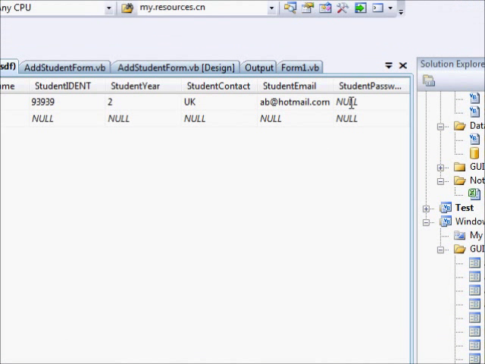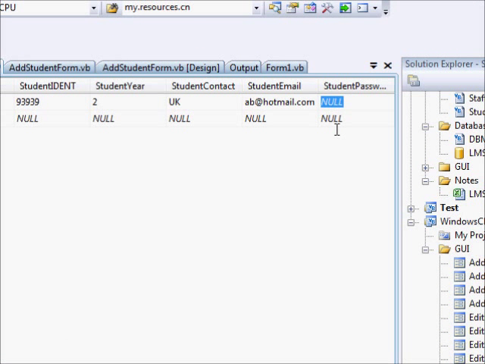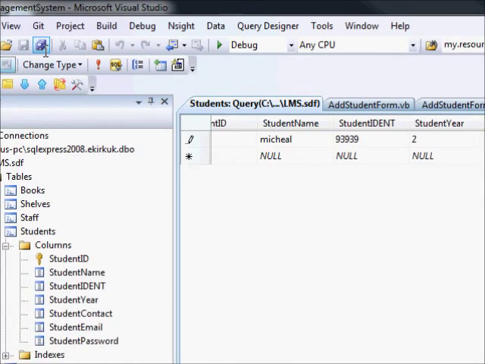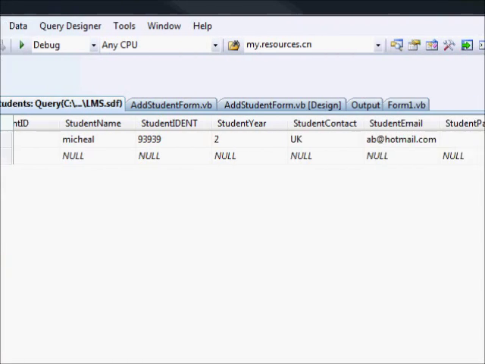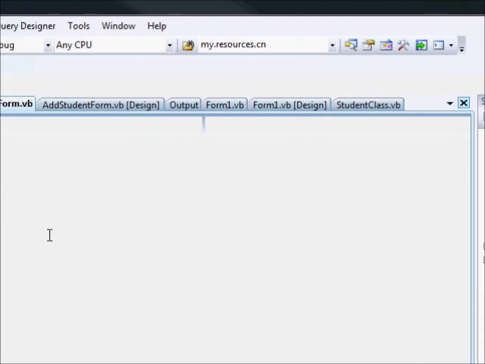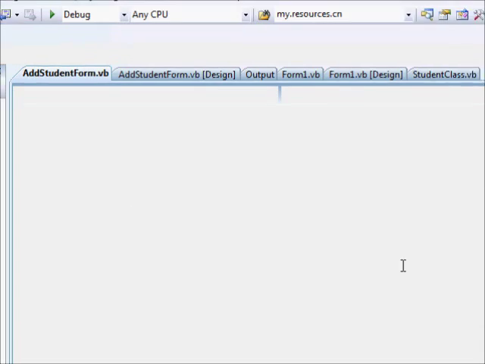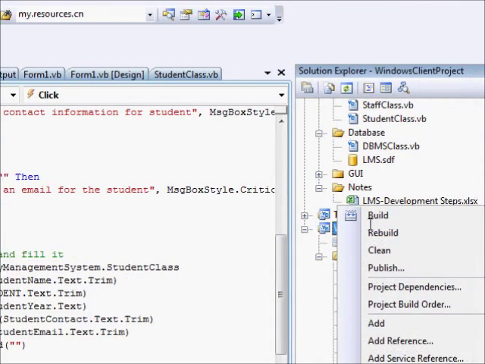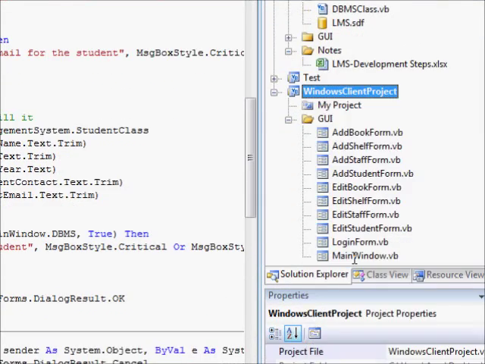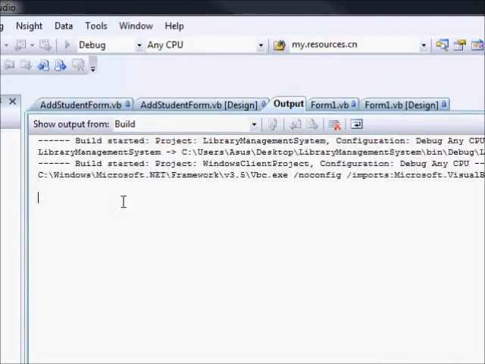For example, Michael here, as you can see, I'm gonna put a space as a password, and I will go and save that, and I close it. Okay, so I suppose this solves the issue. Okay,